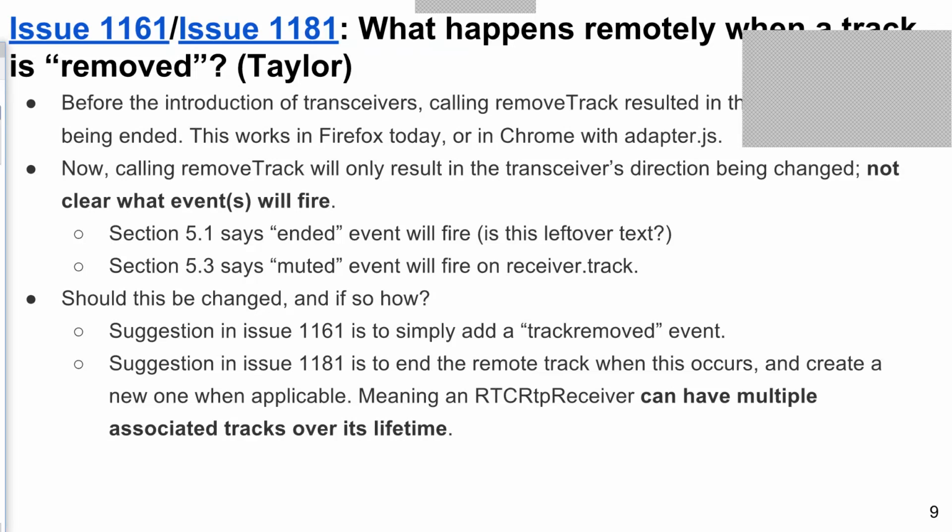So I would ask, how is an app supposed to detect removal of tracks today? I mean, when we break this, there's no ready way to write JavaScript code today that will not break in the future. If an application wants to make it clear that an entire transceiver is stopped, then it can stop the transceiver. Well, that's a no-go, because that would stop in both directions, which doesn't solve